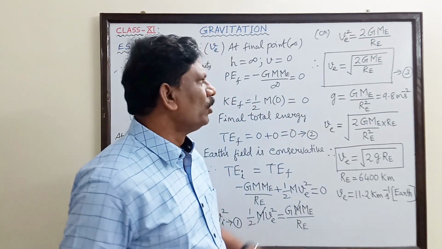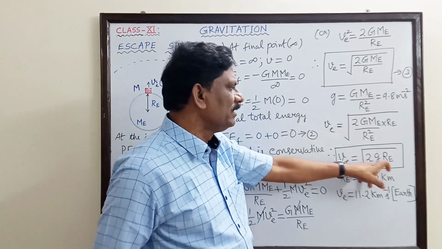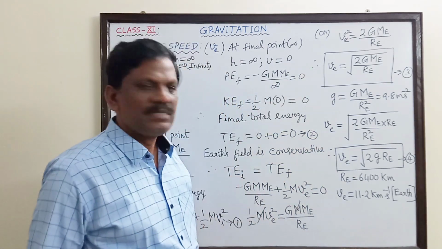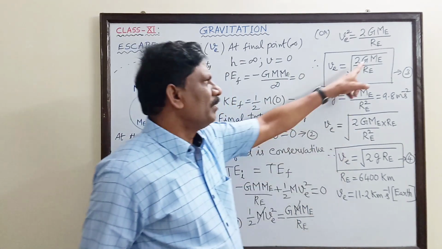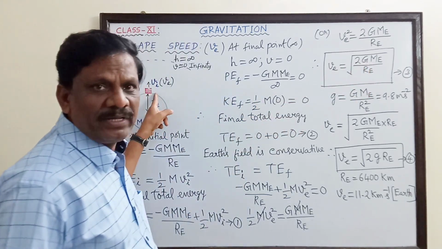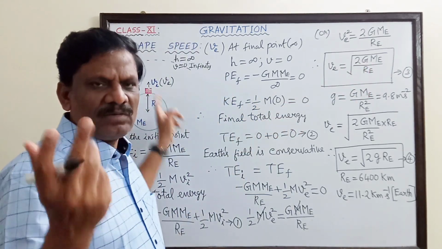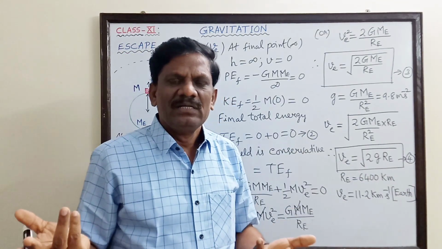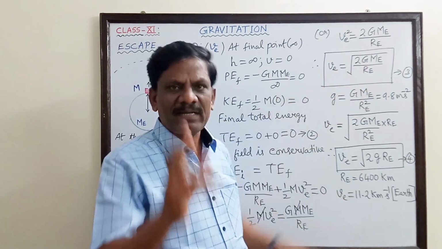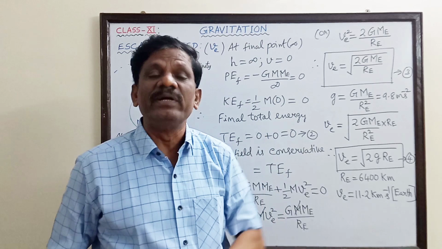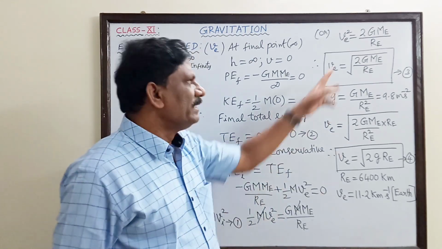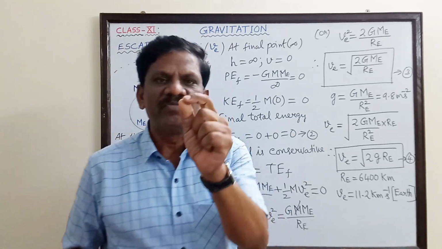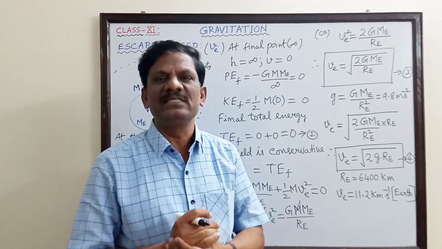Now my dear students, look at this equation number 3 and this fourth equation. Both are true for escape speed. Can you see anywhere the mass of the body which is kept on the surface of the earth? The body which is going to escape may have any mass. So the escape speed does not contain the term mass of the body which is going to escape. It is independent of the mass. It is the same for a housefly as well as an elephant. You have to keep this in your mind.